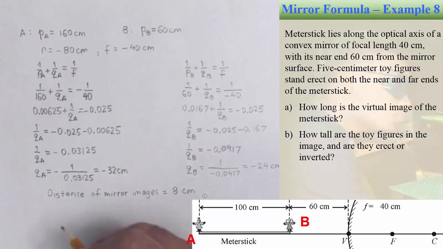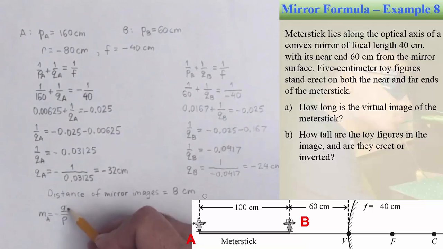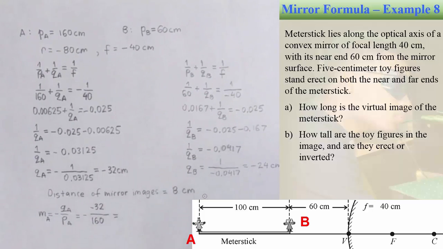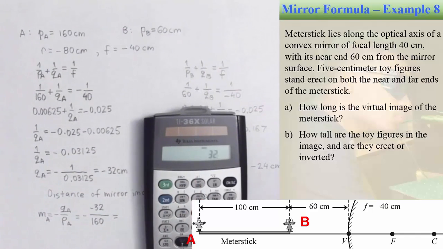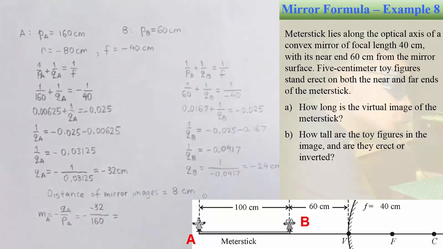What we can do here as well is we can also calculate the size of these two mirror images using the following formula. So we can figure out the magnification as negative Q over P. So for the toy figure A, we have negative of QA, which is negative 32 over P, which is 160 centimeters. So if you do this math here, you come up with 32 over 160, which is equal to 0.2, positive